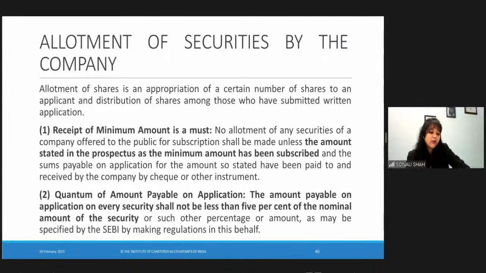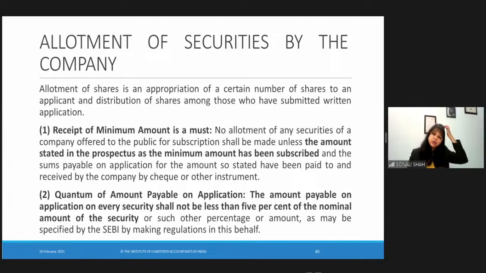And also, please remember that the percentage of the underwriting commission that is agreed to be paid to the underwriter has to be mentioned in the prospectus as well, right? Lalita, which second point are you asking? I'm sorry, please specify the query. It is difficult for me to understand the first point and the second point.